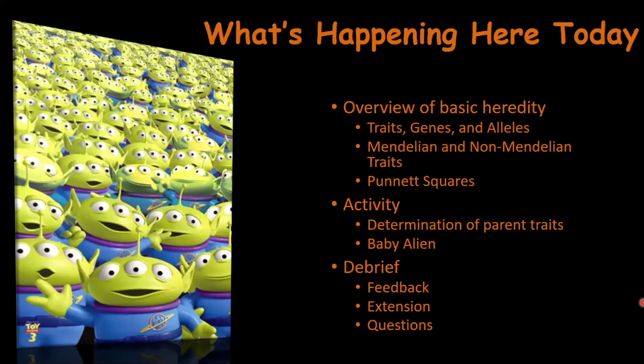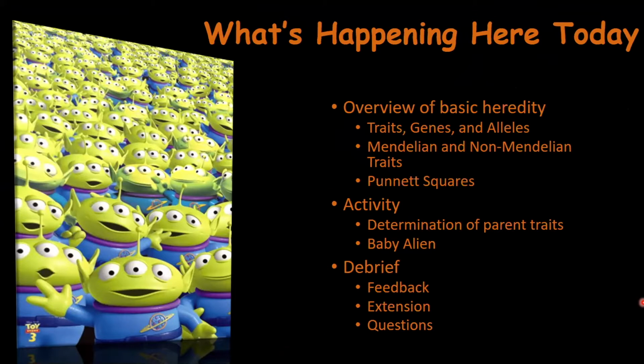So exactly what we're going to be doing today, we're going to do an overview of basic heredity. We're going to talk about traits, genes, and alleles, and some other terms that apply to those. We're going to look at some Mendelian and non-Mendelian characteristics and traits. And then we're going to talk about some Punnett Squares, so what they are, how to make those, because that's